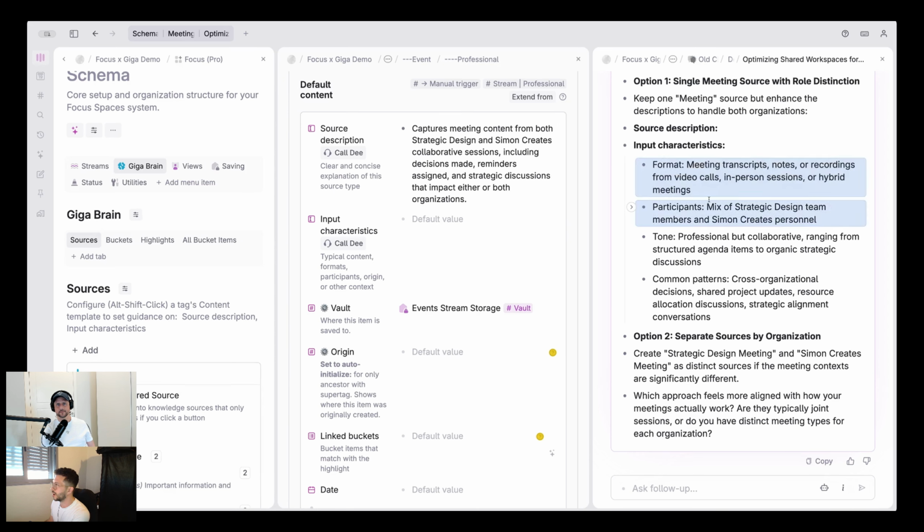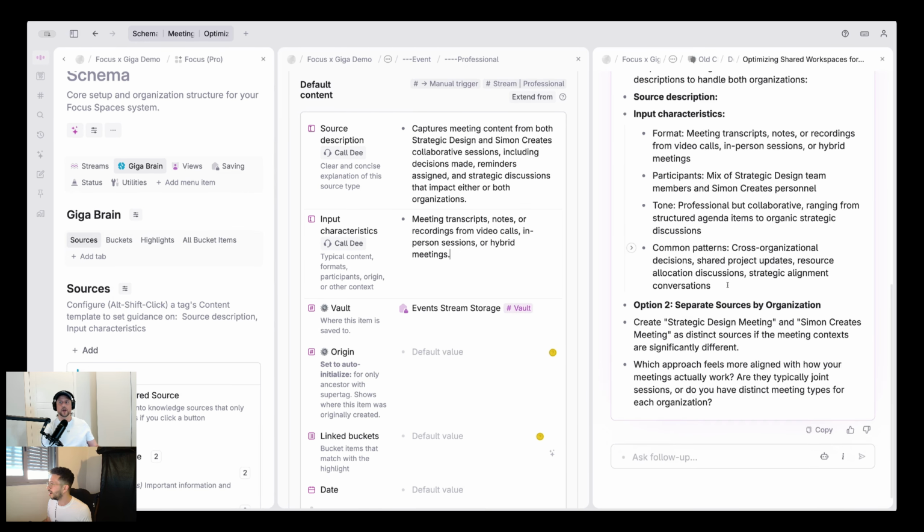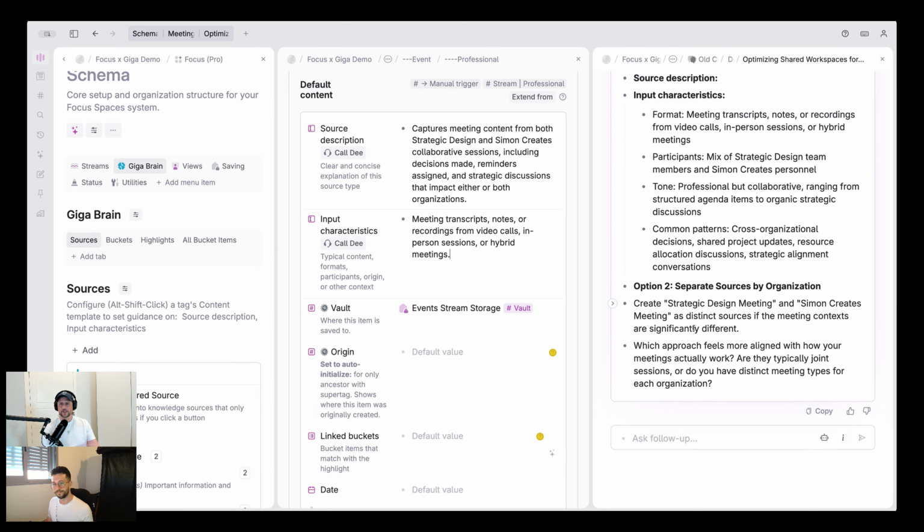Yeah, so input characteristics, I think we're just going to take the format for now, which is meeting transcripts, notes, recordings, video calls, in-person sessions, hyper meetings. I think that's perfectly acceptable. We don't need a whole spiel to go through all of that. Yep. Another recommendation: when you're first starting off with guidance and you're trying to decide should I be more specific or more generic, start off more generic, and you can always add specificity over time. Okay, so in this instance, we're done with this,